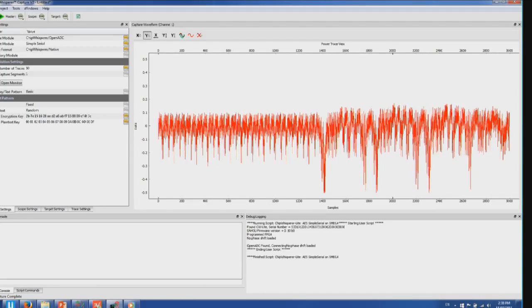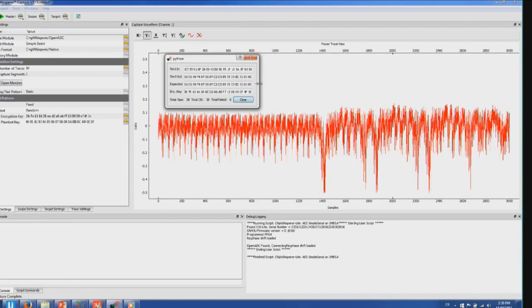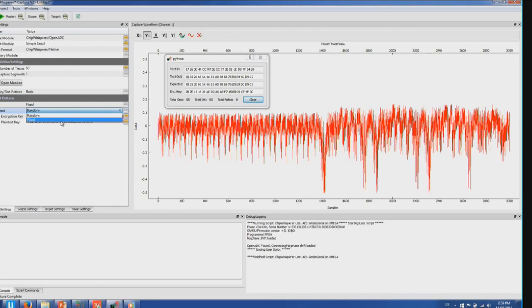That waveform is the power consumption of the device as it's doing AES encryption. So you can view, for example, the input and output, verifying that it's actually performing the correct encryption. It's just encrypting 16 bytes as a simple test. If I tell it to encrypt the same data over and over, you'll notice this power consumption curve isn't jumping around quite as much as if I go back to telling it to encrypt random data. You can see the spikes moving up and down. So it's just showing some data dependency within the